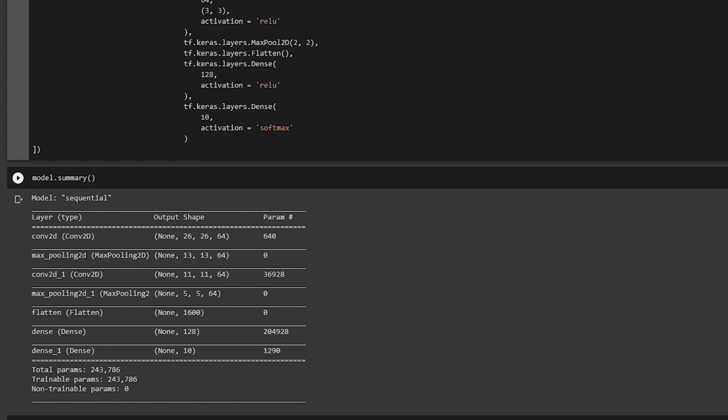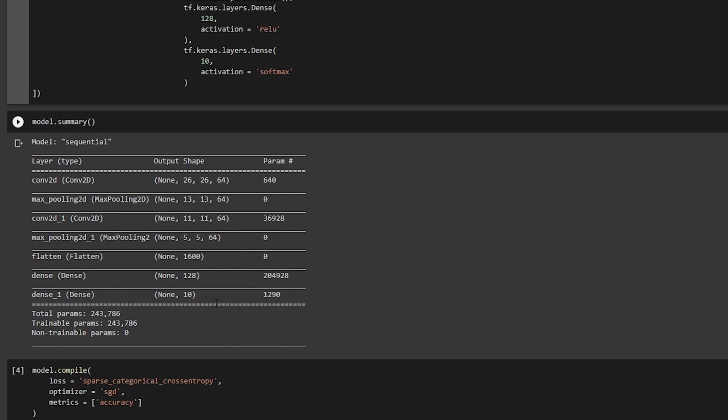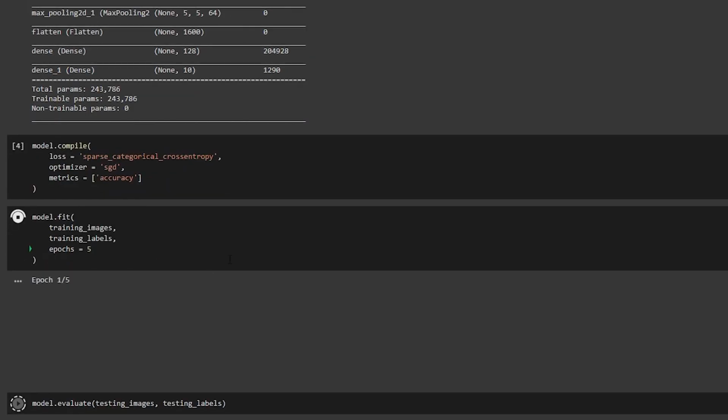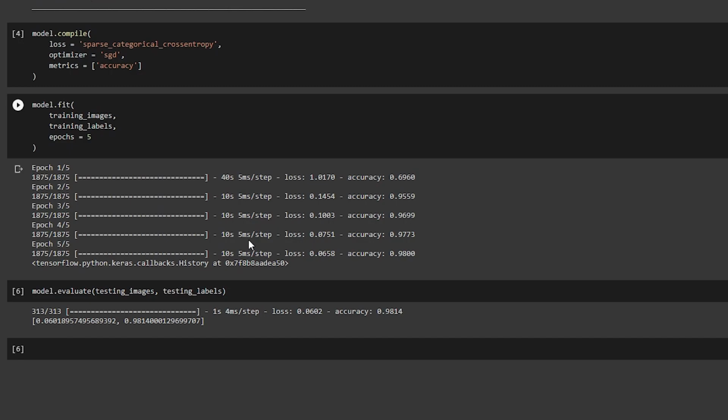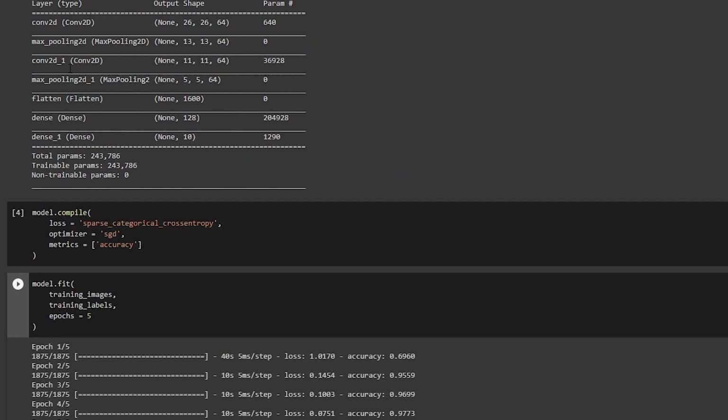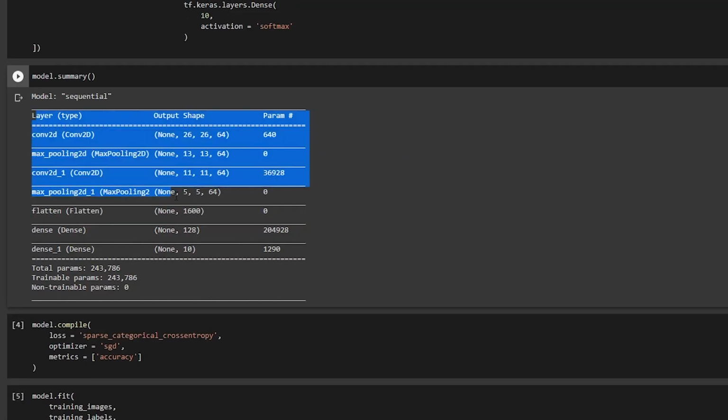As you can see, the parameters have changed quite a lot, and I'll explain how they have changed with an example. I have a precise explanation of it, and now my model is training. I just fast forwarded the video to save time. My training has finished with the 5 epochs, and as you can see, I have got 98% accuracy, which was 96% in the last run. Now we just have to look at the parameters and calculate them the way they are calculated.